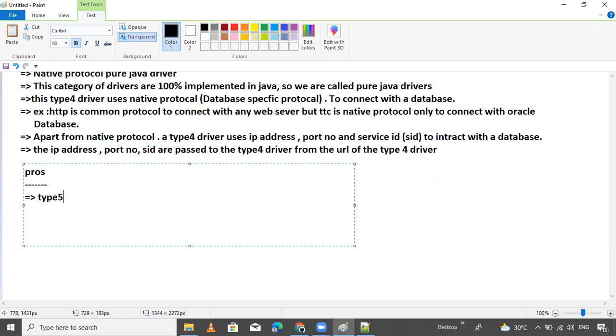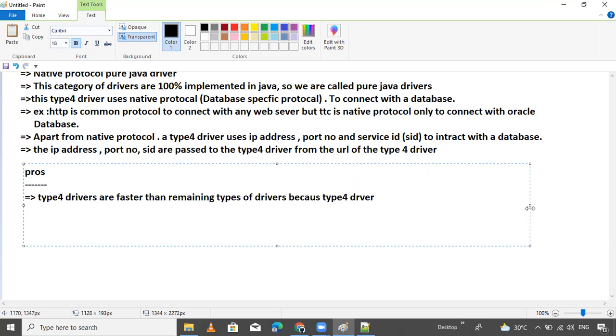Type 4 drivers are faster than the remaining types of drivers, because type 4 drivers do not use ODBC drivers and native API.